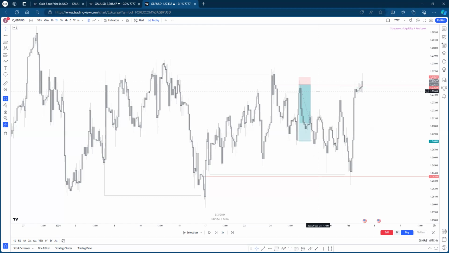Okay, that's fine. That's the first one. The second one is for my own observation too. I think when you have a key level, when you have a key level and you have two key levels that